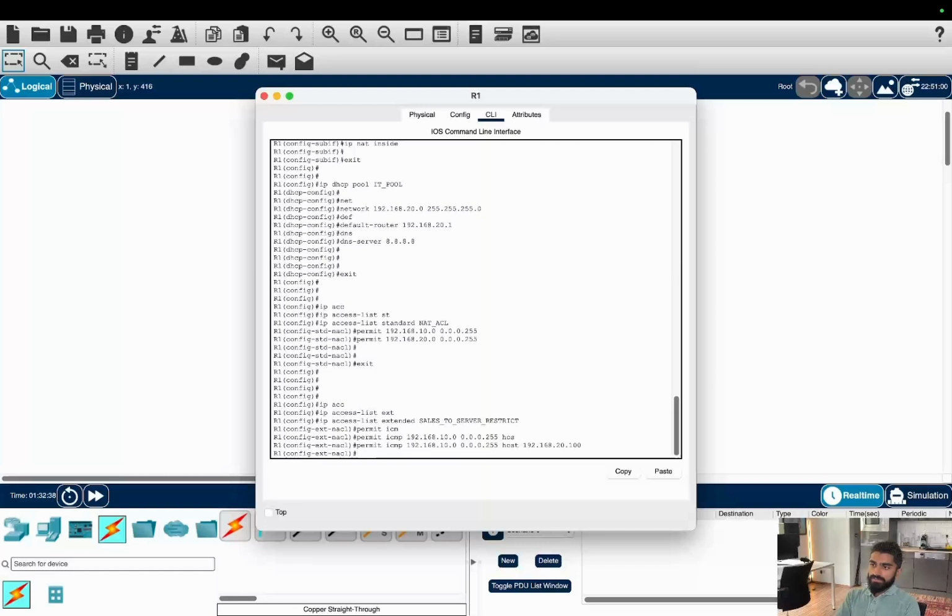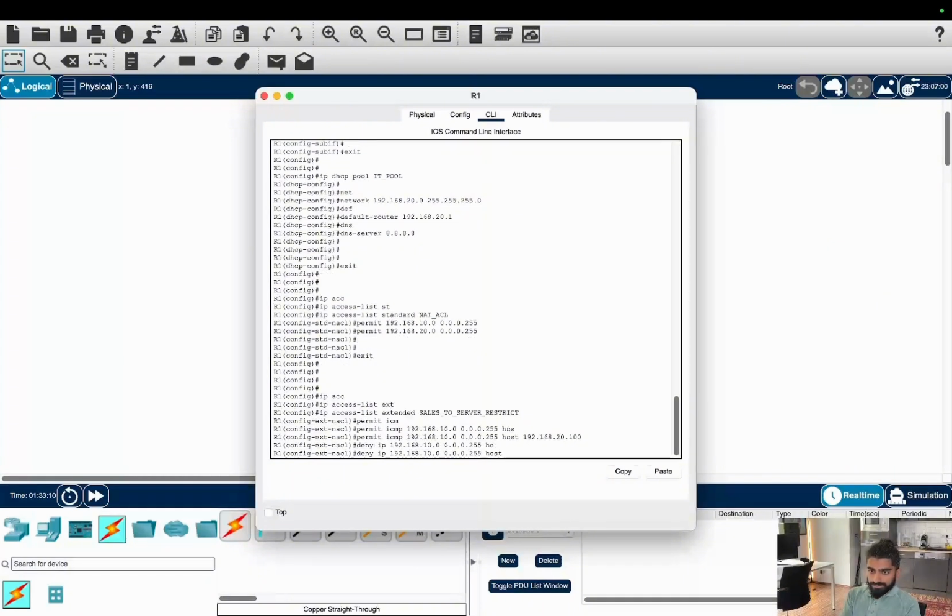Second, we deny all other IP traffic from sales to that exact host. This blocks HTTP, Telnet, SSH, everything except ping. So deny IP 192.168.10.0. Our wildcard mask 0.0.0.255. Host